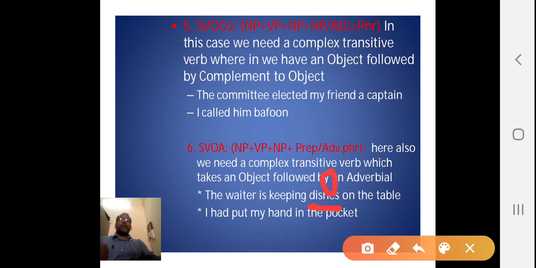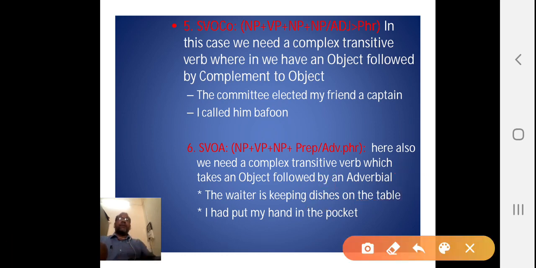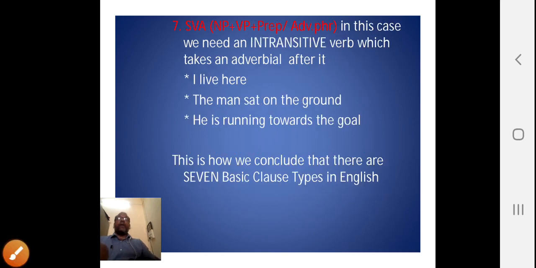Now, keep is such a verb wherein you have to answer the questions like what and where. What question has given me an object. Now, if I ask where is he keeping? The answer is on the table, and that is adverbial in the form of prepositional phrase. Another example, like I put my hand in my pocket. Here, what did I put? My hand. And where did I put? That is in the pocket. So, in the pocket is an adverbial. Where. And the last structure is